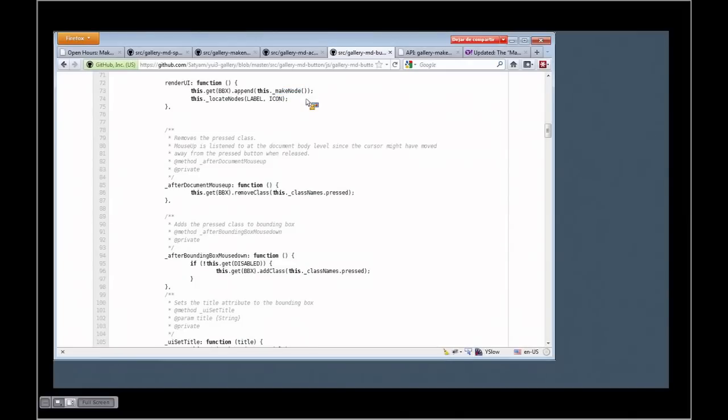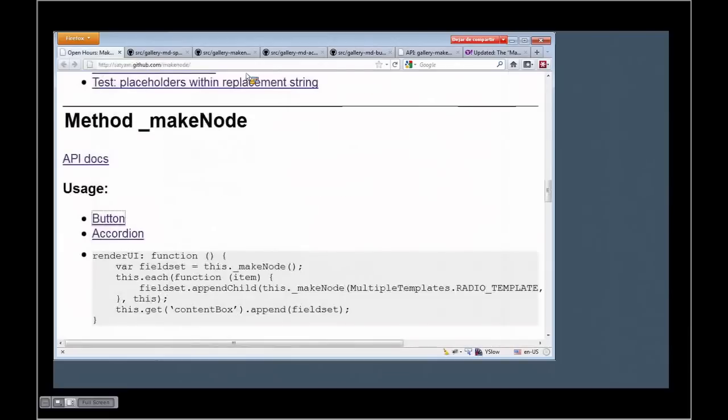But if you don't, it will look for something called template. And you would normally append it to the content box, or in this case, where I don't have any content box, I appended it to the bounding box. And then you would call locate nodes, which I'm going to talk about later. In accordion, I do basically the same thing,